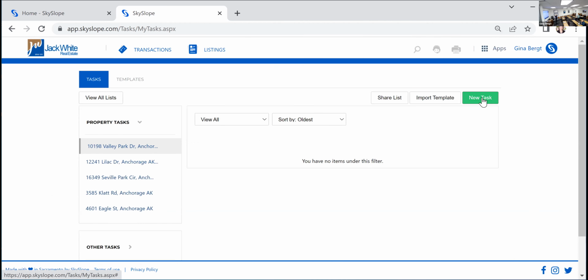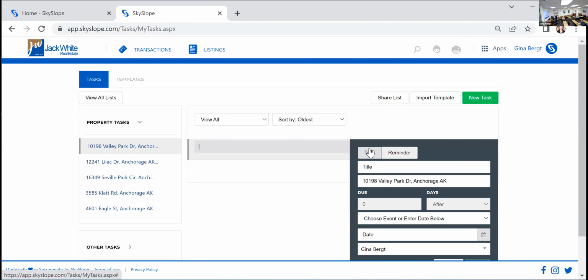And you go new task. And you can do a task or a reminder. So again, when you set up a task, the person has to accept the task. So if you're just going to set up a reminder for yourself, like you say, home inspection needs to be ordered by this specific date, you would choose a reminder and you would say,